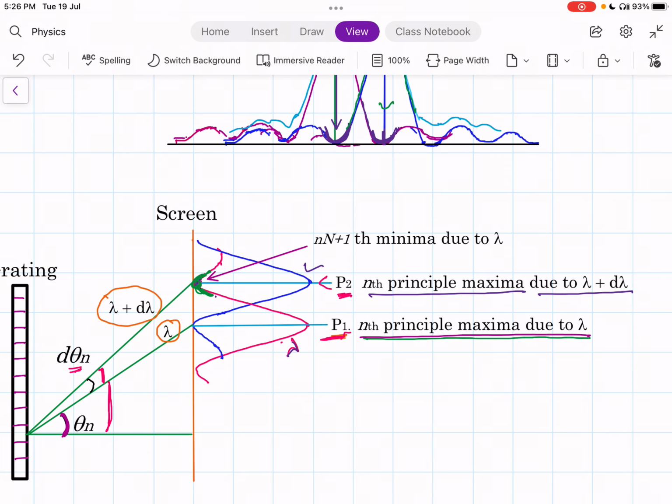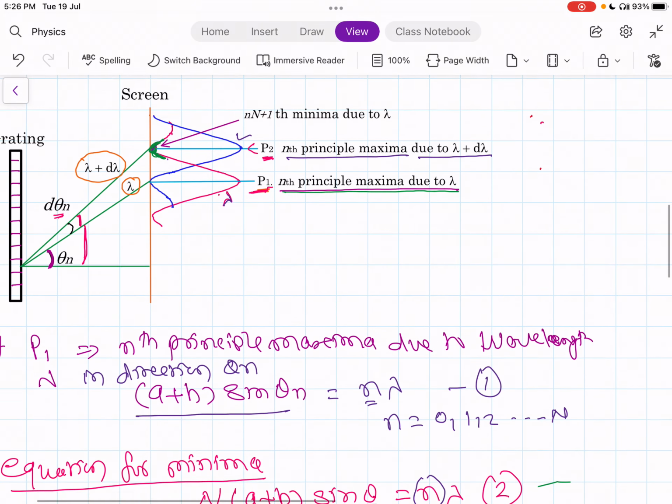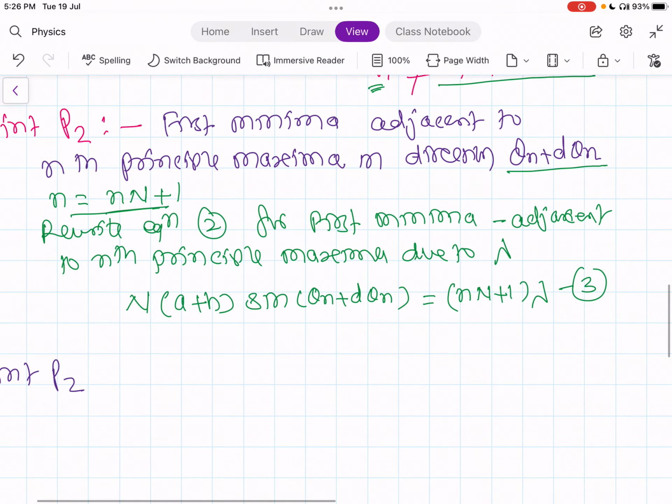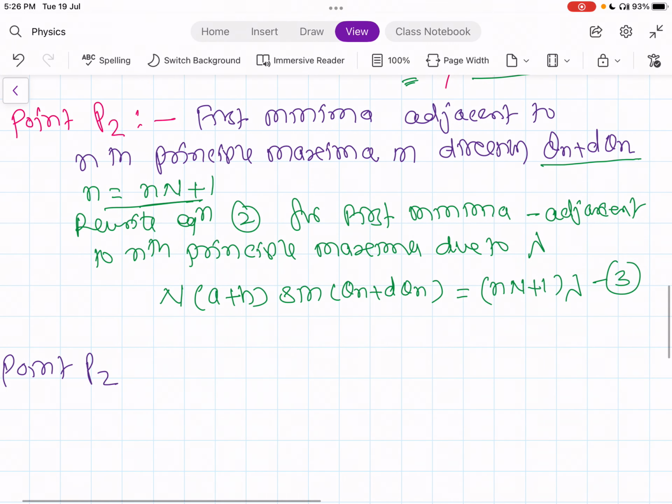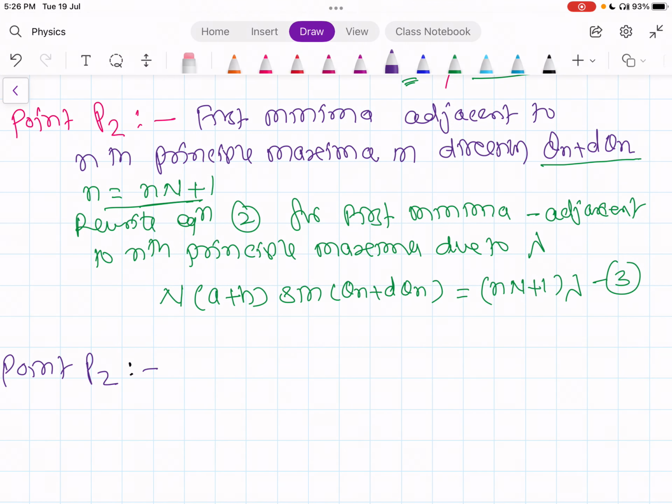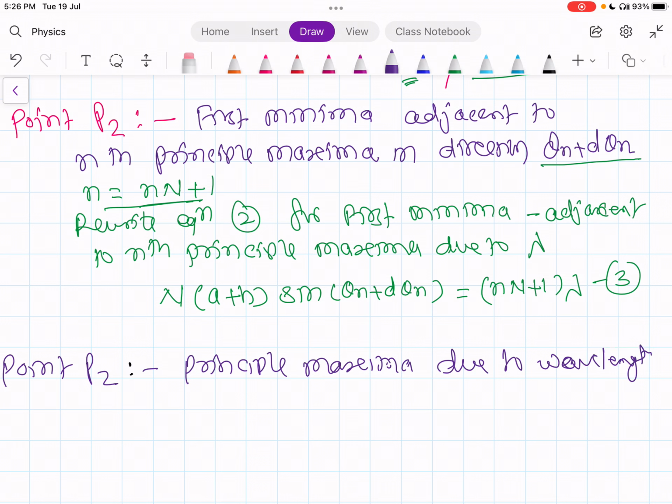So at point P2, we get maxima due to wavelength lambda plus d lambda. So here we get principal maxima due to wavelength lambda plus d lambda